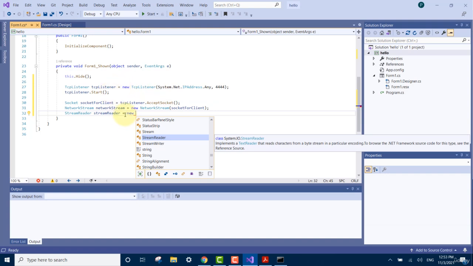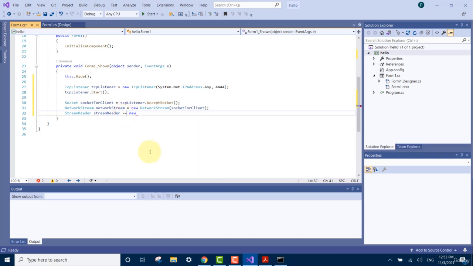In programming, if you want to use a mathematical equality operator, you have to put two equal signs like this. If you put one equal sign, it does not mean you are comparing. It means that you are assigning whatever is on the right to whatever is on the left. So don't make the mistake of thinking that this is equality. This is assignment. So you call the constructor for StreamReader,